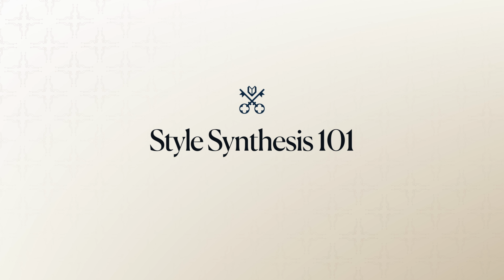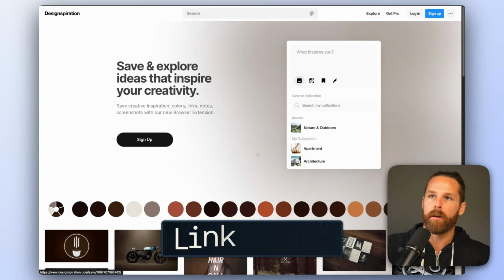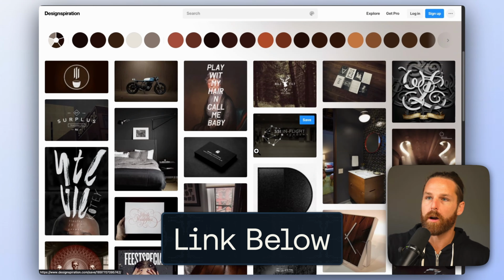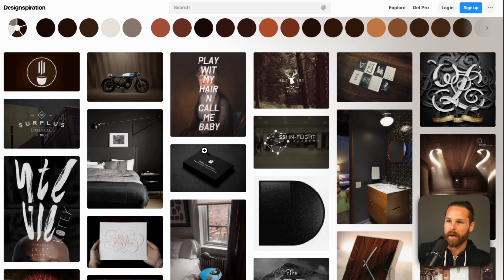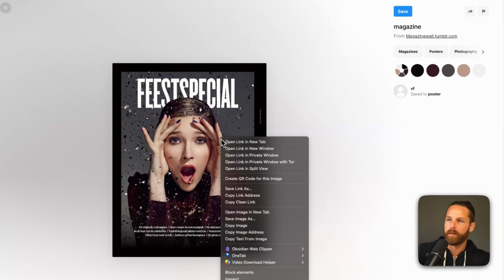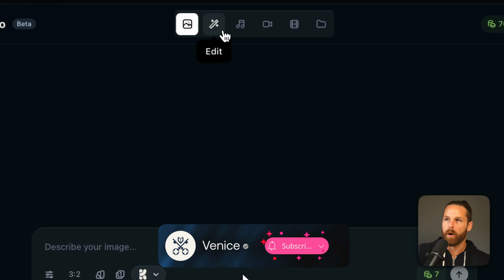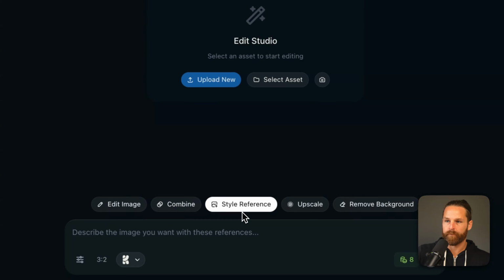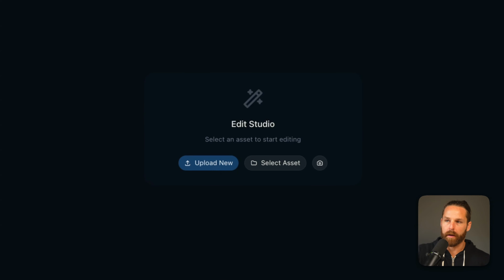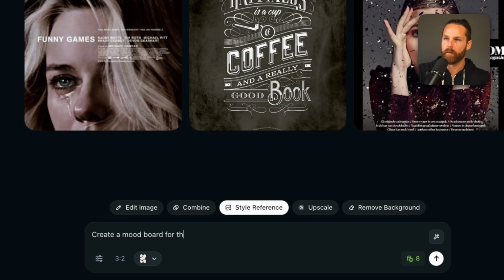So we'll start off just by running through a basic example of how to synthesize different styles. Here is designinspiration.com. We can see multiple images with just certain vibes. I'll take a few of these and I'll head into the Venice Studio over to the Edit tab. And here we see the style reference capability. I'm going to upload those 3 images I saved, and I'll simply say, create a mood board for this style